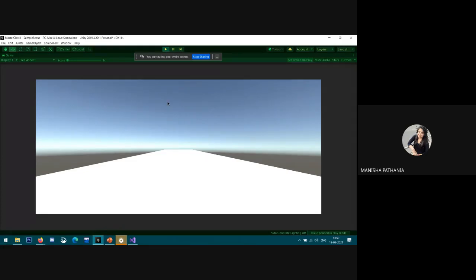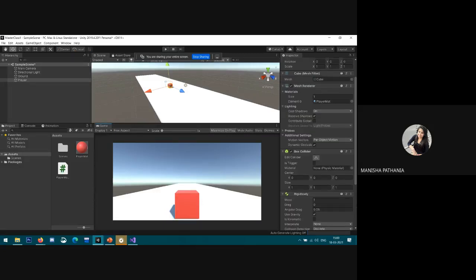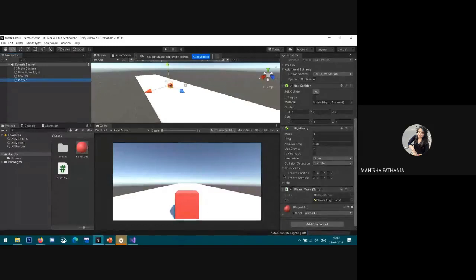But instead of this, let's create a physics material. What is the reason behind this? If I just click on the constraint and freeze rotation x, then it also goes smooth on the ground.